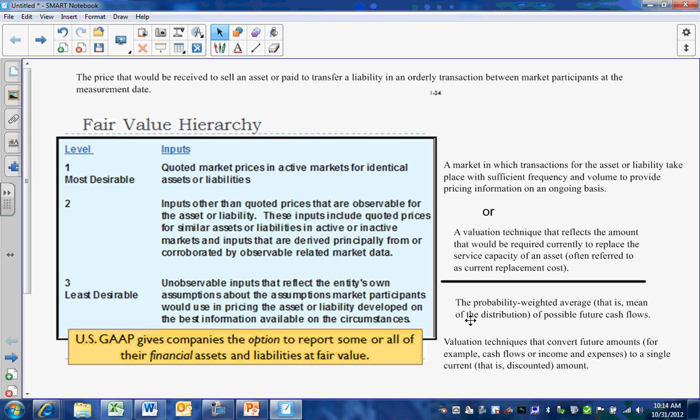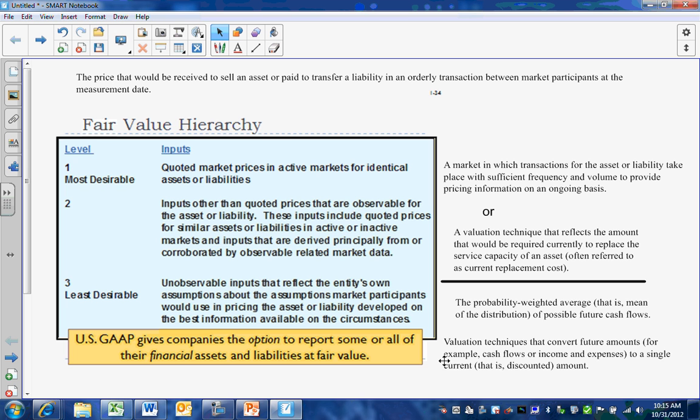We will then use the present value technique that will take these weighted averages and determine the present value of an asset or a liability. Another technique involves the analysis of cash flows, where we'll take a string of cash flows, use a discount rate, and determine